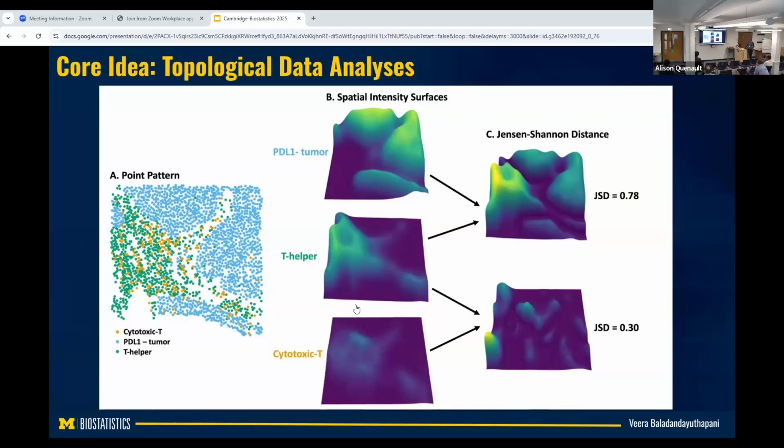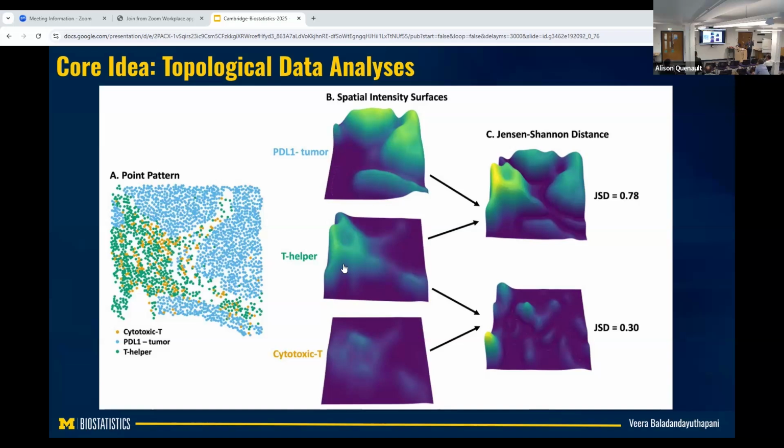So you get like 3 of these. You get this for all the PD-L1, which is these blue dots. You can get it for cytotoxic, which is all yellow dots. And all it needs now is: how far are these distributions away from each other? That captures the interaction. If they are right on top of each other, the hills and valleys match up, and you expect them to be co-localized. If they're far away, you don't.